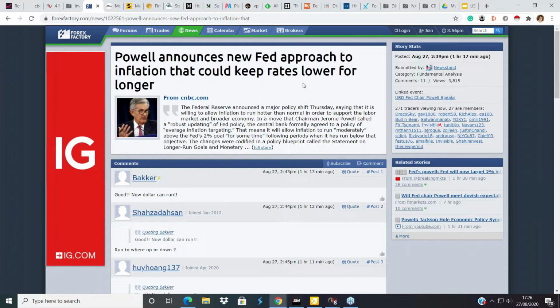Powell. In fact, the event of the week is what's called the Jackson Hole Symposium. It's a sort of central bank hoolie that happens yearly. This year it's virtual because of the pandemic. And you know, the market has been waiting. J. Powell has kicked it off, but they've also been waiting to see whether he was going to make any